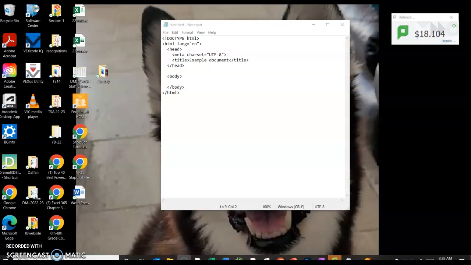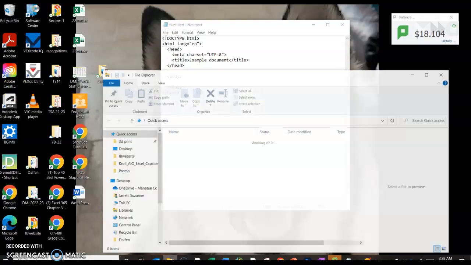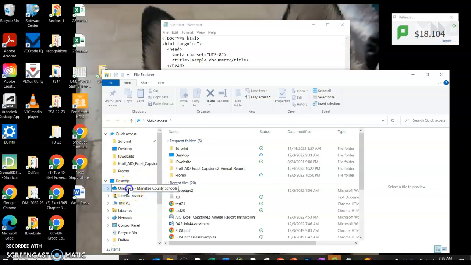Today we're going to make a one-page web page about a national park. And it's going to have a couple extra skills built into it, which will build into making a three-page website. So the first thing I need you to do is go to your OneDrive